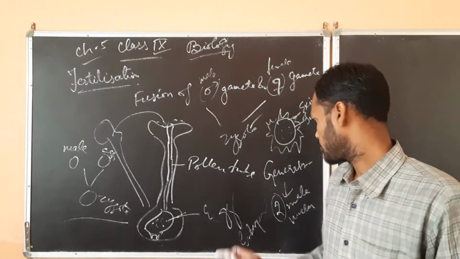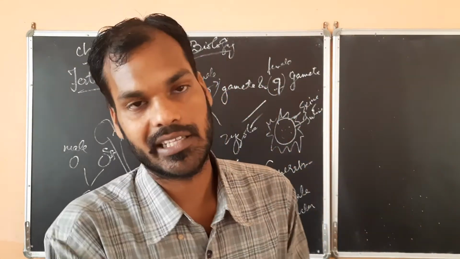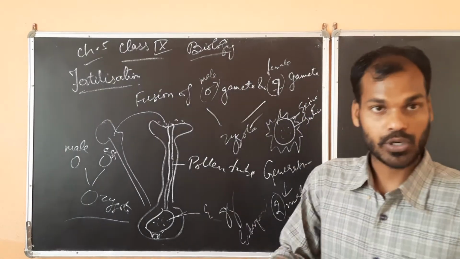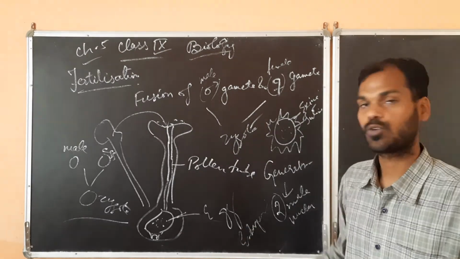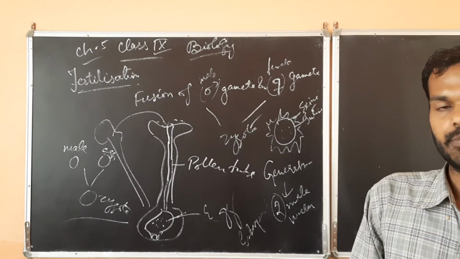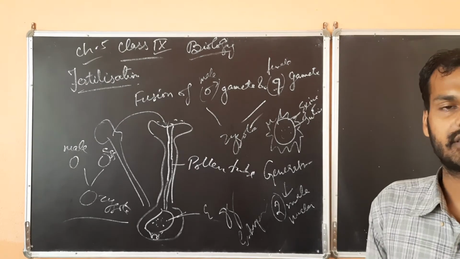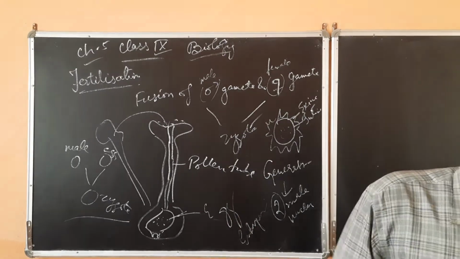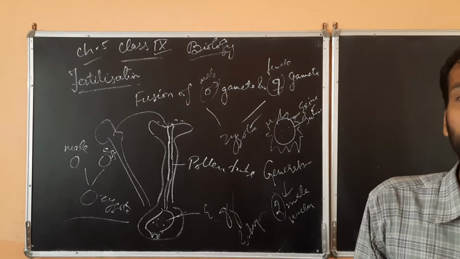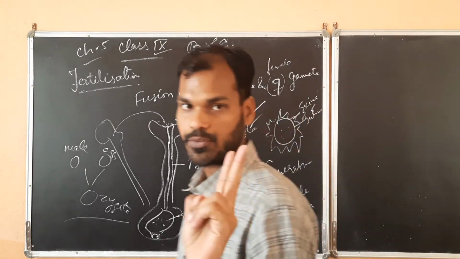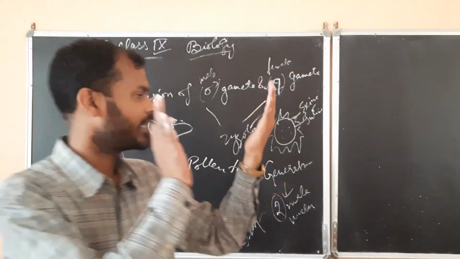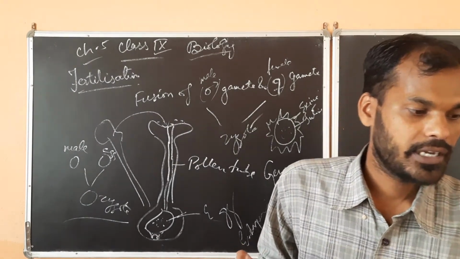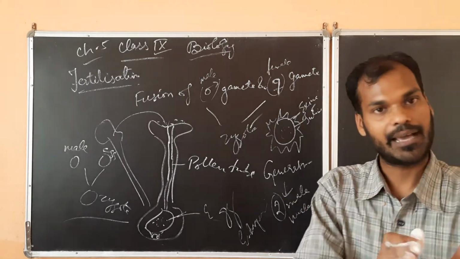Based on this, there are two types of seed: endospermic and non-endospermic. For endospermic, you might be aware of the coconut. The coconut water you are drinking is the endosperm, which has most of the nutrients. That endosperm contains nutrients which can be used by the developing zygote. Okay, this is called triple fusion. So the two things I have told you are syngamy and triple fusion. When syngamy and triple fusion are combined, it is known as double fertilization.